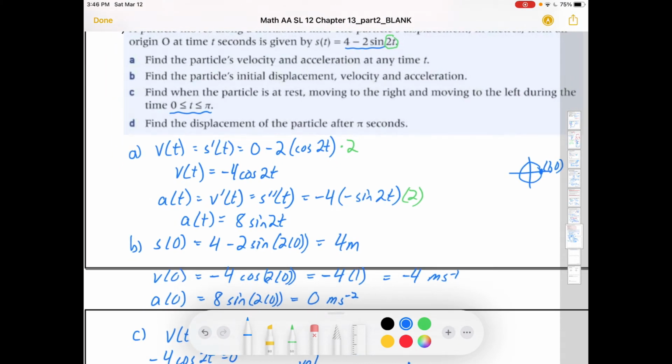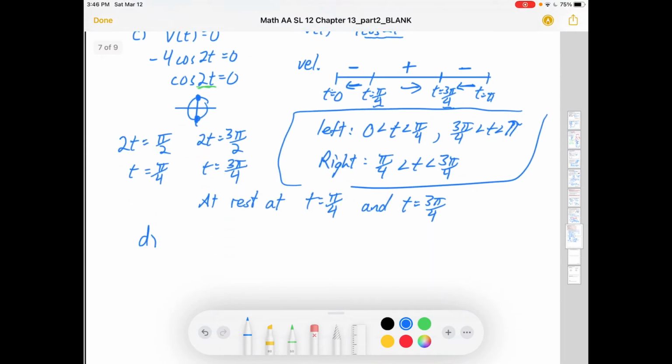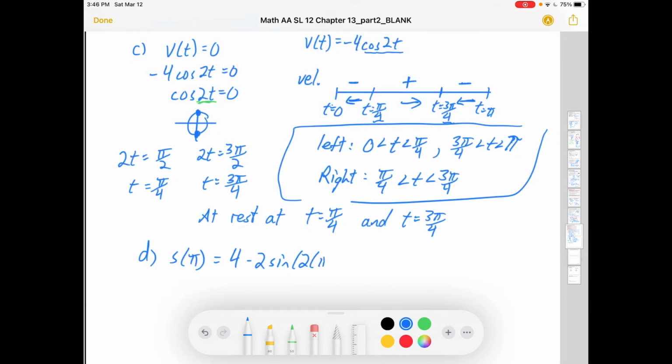Lastly, find the displacement of the particle after pi seconds. So the position or displacement is going to be s of pi. So I just go 4 minus 2 sine 2 times, in this case, pi. Okay? So that's going to be 4 minus 2 times the sine of 2 pi. Oh, the sine of 2 pi is just 0, so we'd end up with 4, which is the same